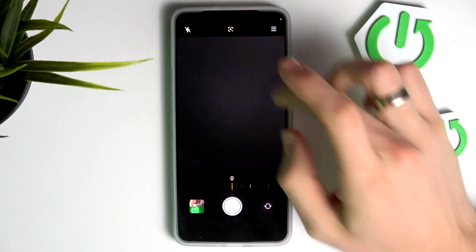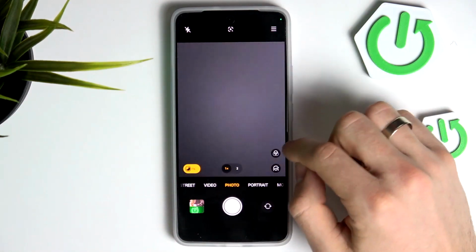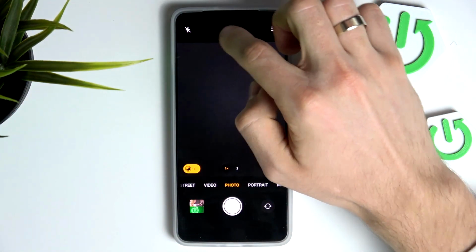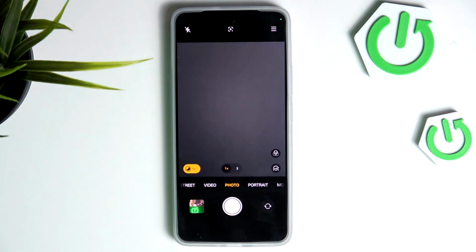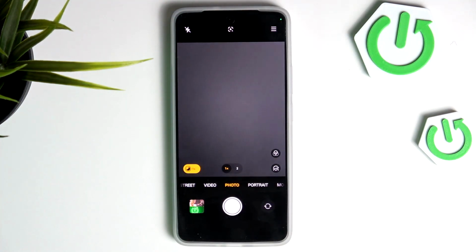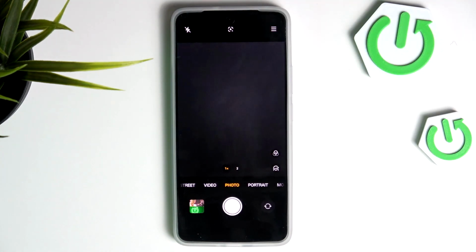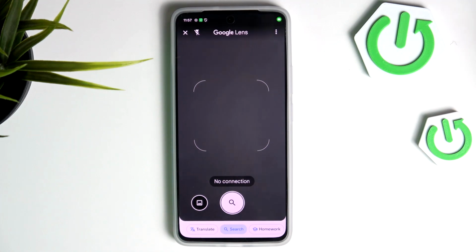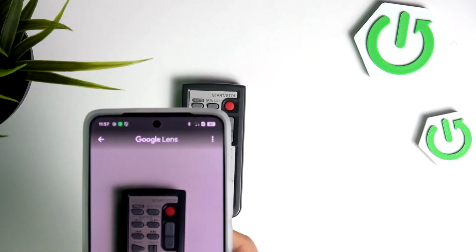Okay, so what we have here on the top part of our screen. As you can see here, we have the Google Lens icon, and what is Google Lens? Google Lens is a really cool feature to scan something. For example, I can scan. Okay, let's try to scan my remote. If I scan my remote,